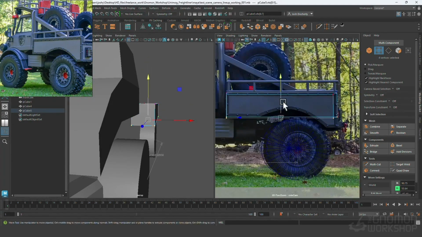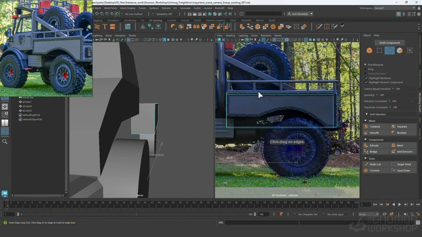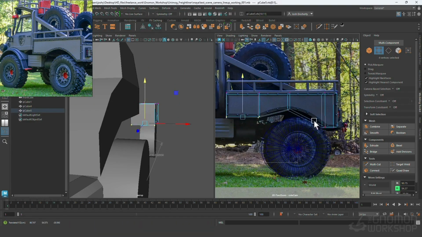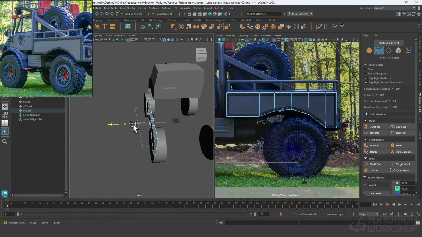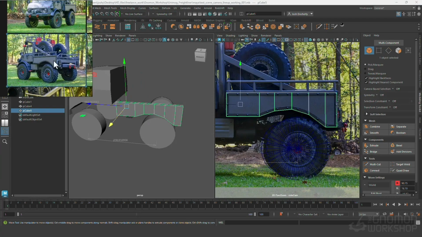So I'll just cut in some quick edge loops there. We can start to match the wheel arch wall, and I like to just keep every edge straight, like I said before, just keep it nice and clean. It might be a blocking model, but sometimes these pieces could actually serve as a good base for our hero geometry as well. So it's nice to just keep everything clean wherever we can. So we'll just wrap up this piece for the back,